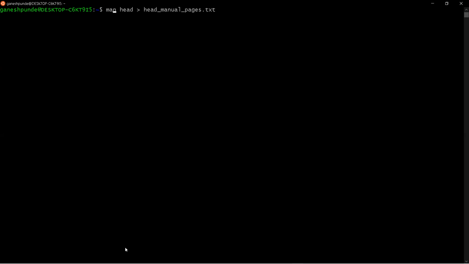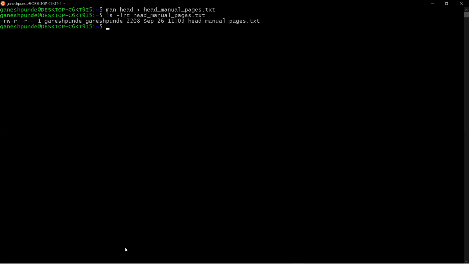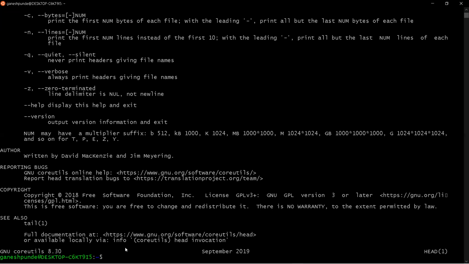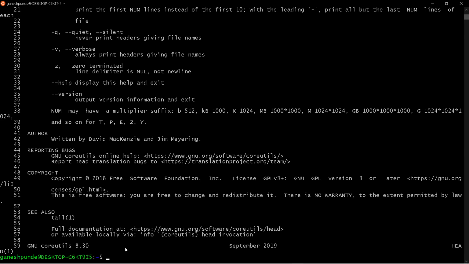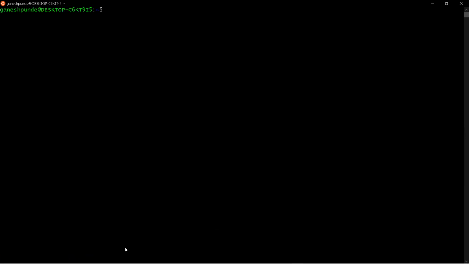The help of man will be redirected using the redirection operator, and it will create one file, head manual pages.txt. Now you can see the file is created. Let's see the content of the file. There are 59 lines, so this is a useful file for us.